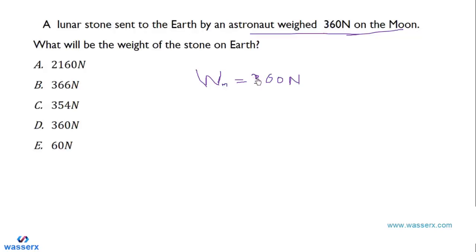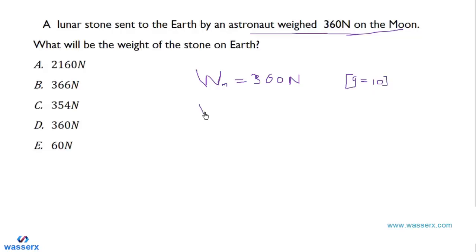We know the weight of the stone on Earth will be larger than the weight on the Moon, because on the Moon it has been reduced by 1/6. It has been reduced by a factor of 6. Now we need to look for the acceleration due to gravity, so we can find 1/6 of that. Weight is equal to mass times acceleration due to gravity. If the acceleration due to gravity is approximately 10, then